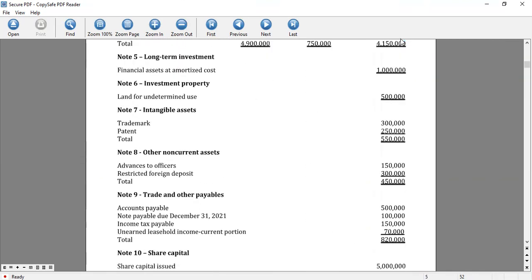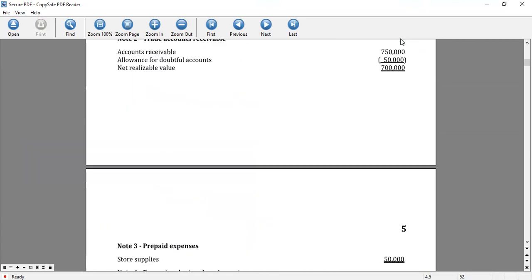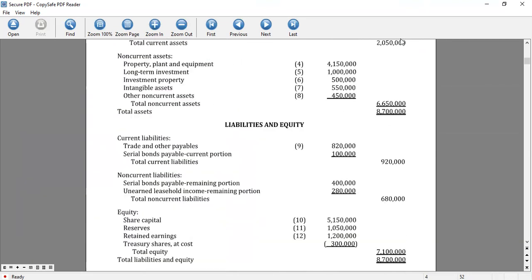So that's for the amount of 820,000 current liabilities, and then we include serial bonds current, still current, serial bonds payable. The amount of the serial bonds payable is 500,000, but during the current year 100,000 is maturing. So we have the total current liabilities of